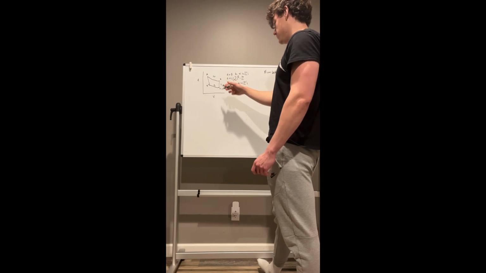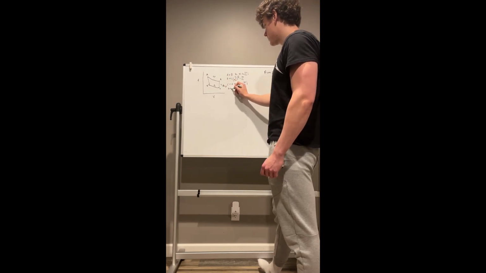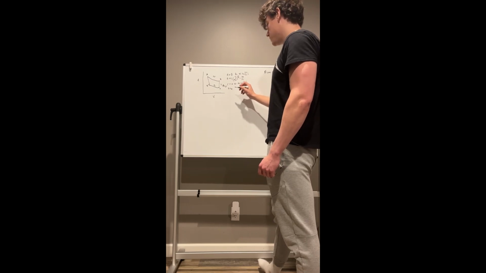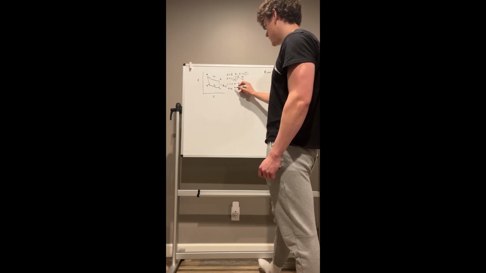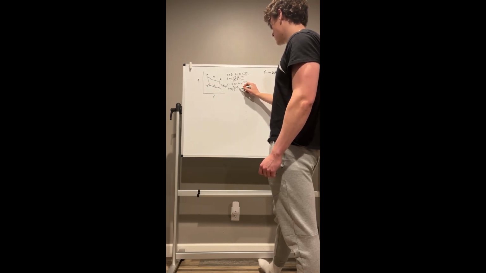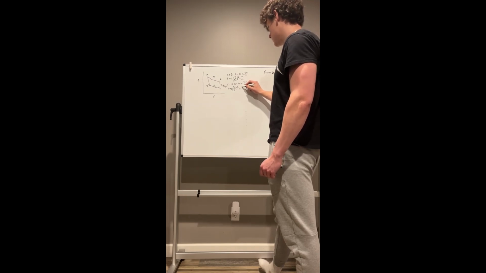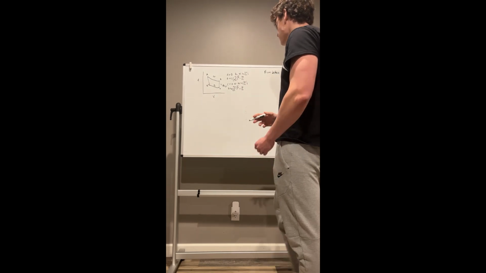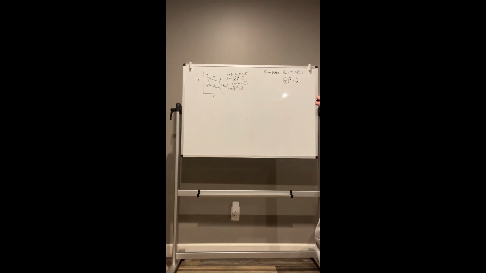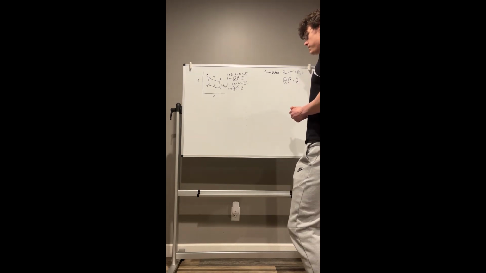For D to A, we'll have our TH over TC, CV over R is equal to our V1, so VD over V2, or VA. And that is how we would calculate the total heat needed for